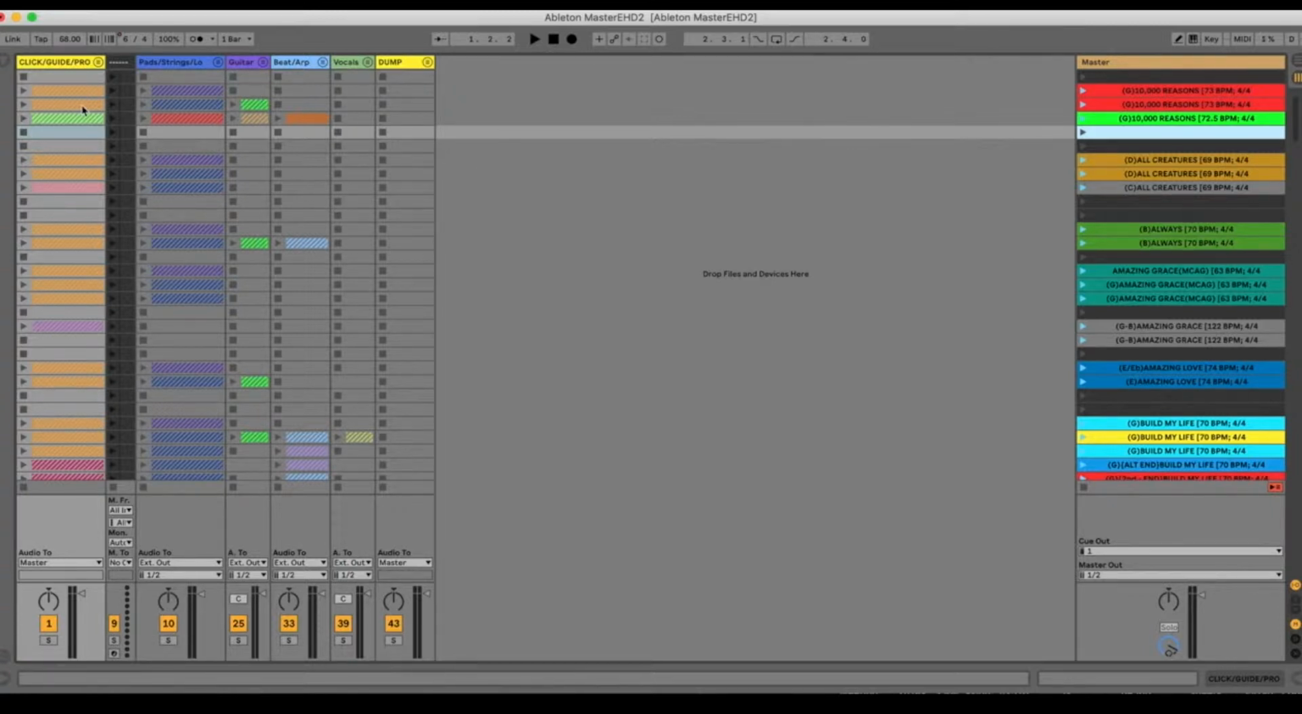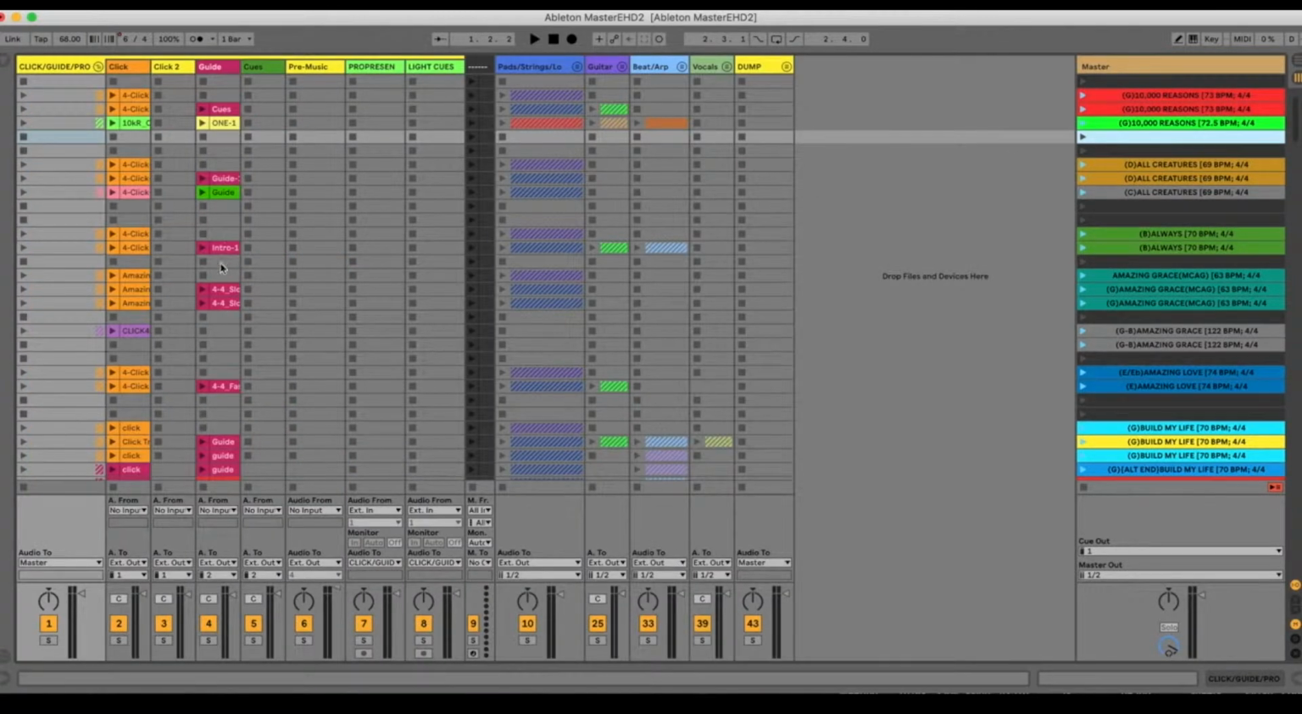But let me show you how I have it broken down. I have little subcategories up here that I break down the individual tracks. And so this first section here, I have my clicks and my guides. So we run a click and a guide on most every song, and that just helps our team be on the same page. Especially if the rehearsal was lacking that week, we weren't able to have rehearsal, I can